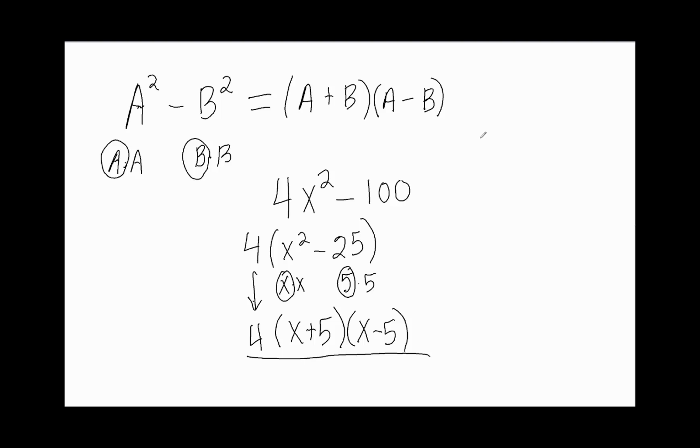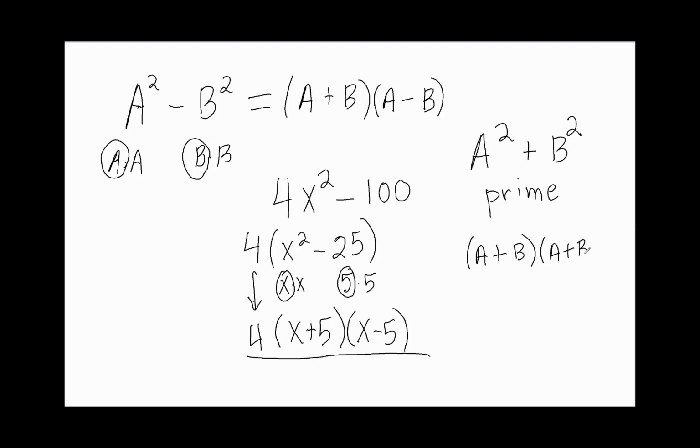Now, a related pattern is a squared plus b squared. But because this is a binomial, this is going to be prime because there's no way to factor a squared plus b squared so that you only get two terms. It's not a plus b times a plus b,